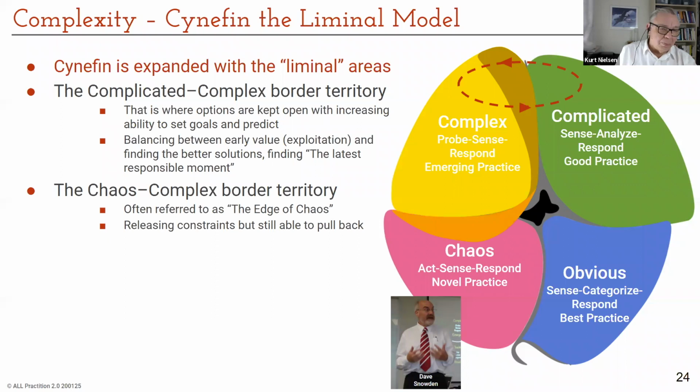Then there's another liminal border territory between chaos and complex. In the earlier writings, it was often referred to as the edge of chaos. Snowden sometimes referred to that when you release all the constraints and then you let people go pretty wild with innovation, you sort of take a shallow dive into chaos. But not more than, it's like letting the kids run out on the beach, but you still have this dog leash on them so you can roll them in. If it's a toddler, you would want to be able to roll him in because he doesn't know where the dangers are. The edge of chaos, you're releasing the constraints, but you're still able to pull back,